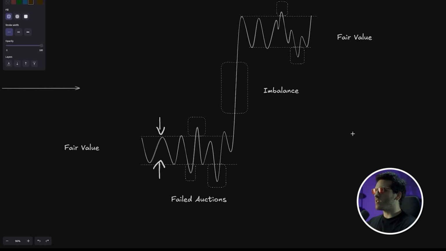Because of how liquidity works, there are going to be phases where there's a balance between the aggressive order flow coming into the marketplace and phases where that balance is not there. We call that imbalance. And this typically happens because there's an imbalance in these huge orders from market participants called meta orders, or sometimes you will see some bumps of effort, for example in this case from buyers, to keep buying at higher and higher prices outside of the range, but then the same sellers that sold here, sold here, sold here, and sold throughout the entirety of this range